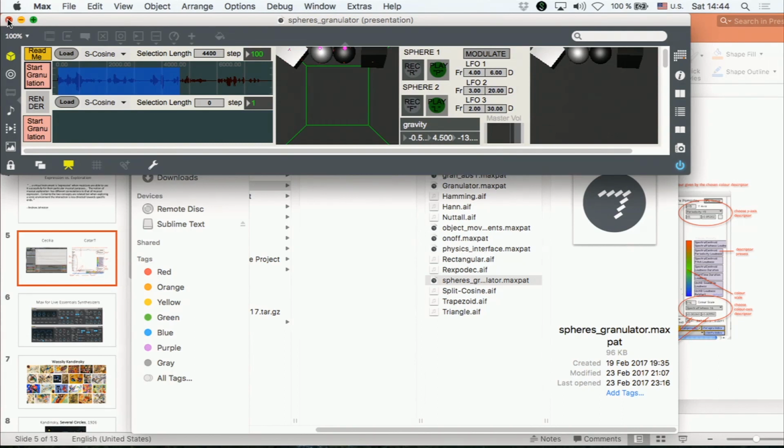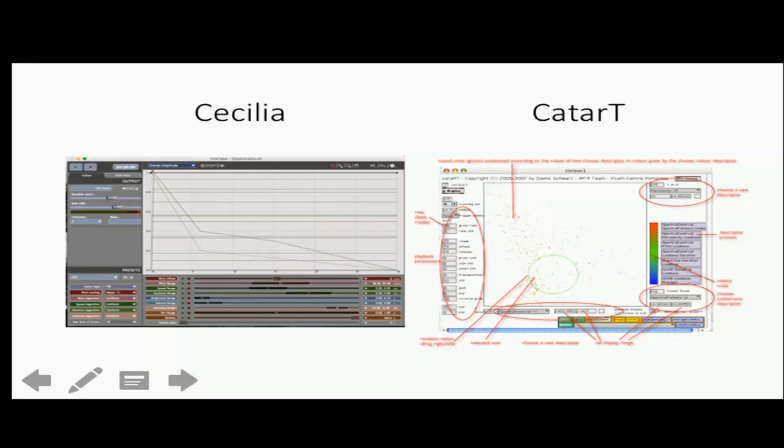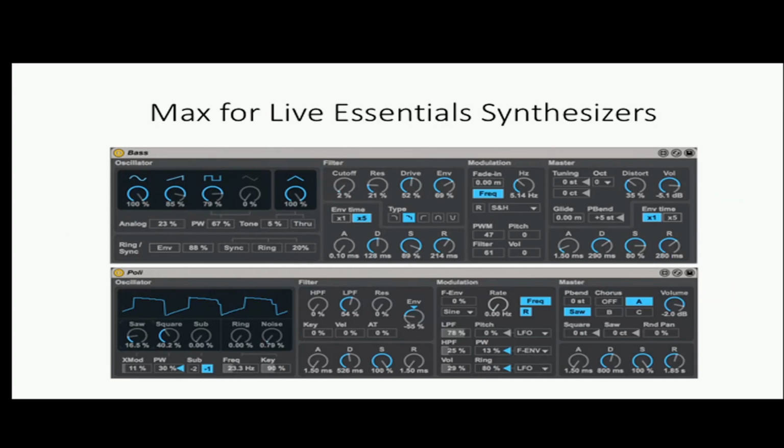So between these two versions, I got hired at Ableton, and the first project I worked on as a Max for Live developer were the Max for Live Essentials.